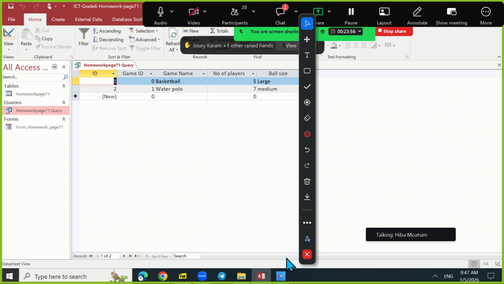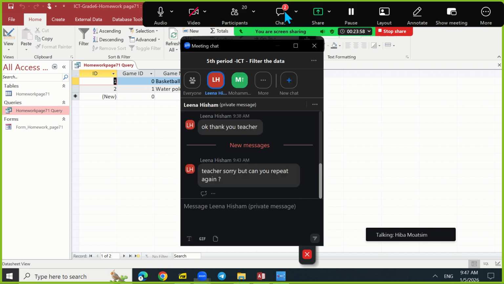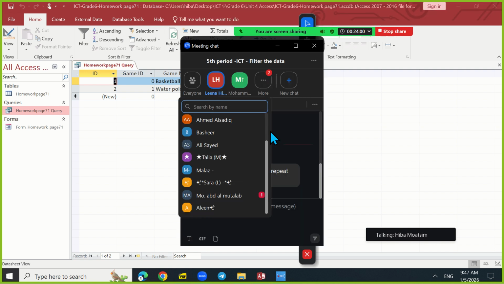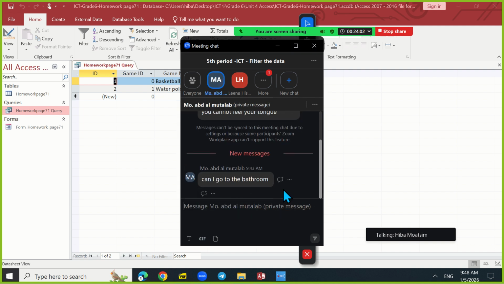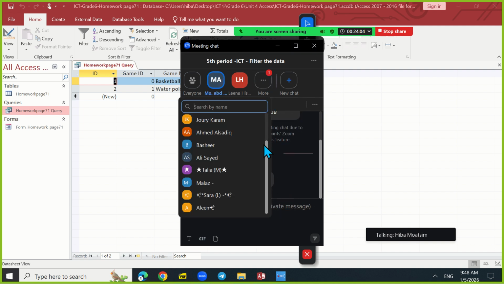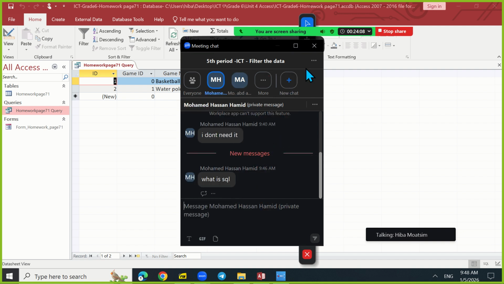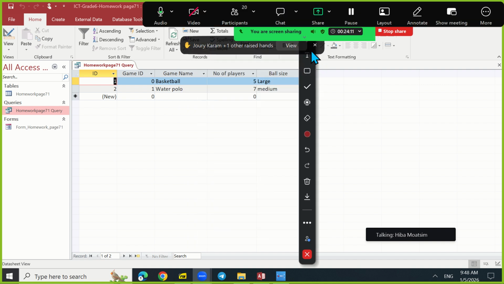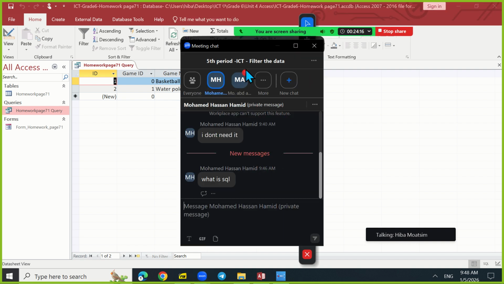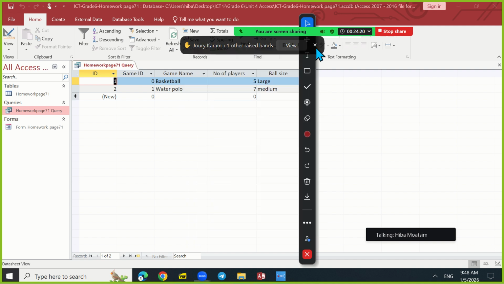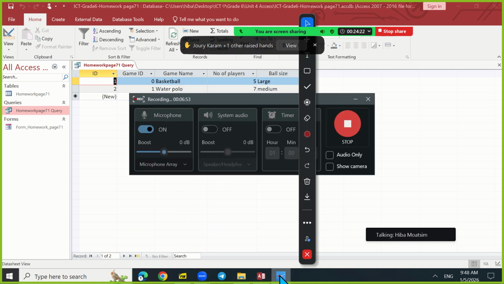Okay, now let me stop recording. I will check your messages, and I will let you share. I know you want to share. Mohammed Abdul Muttalib, go. Mohammed Hassan. It's a kind of database, yeah, Mohammed Hassan. But for now, you should learn about those two: datasheet view and design view. Switch between both. Go Mohammed, go. So that's it, grade 6. I will stop recording and I will let